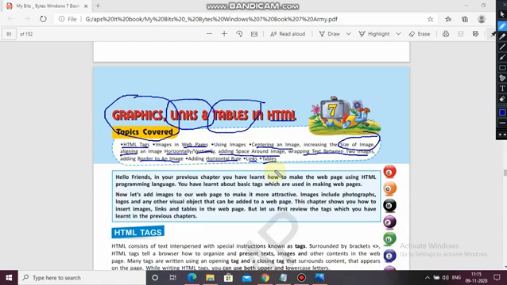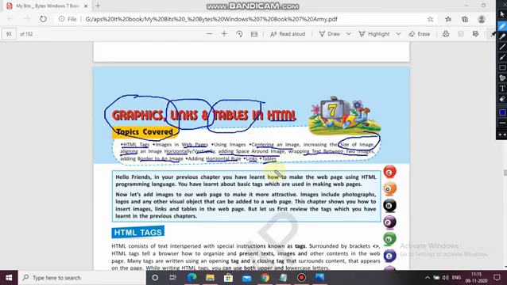So here it is written: hello friends, in your previous chapter you have learned how to make the web page using the HTML programming language. As you already know, HTML is a programming language through which, with the help of tags, we can create a creative, attractive web page. You have learned about basic tags.